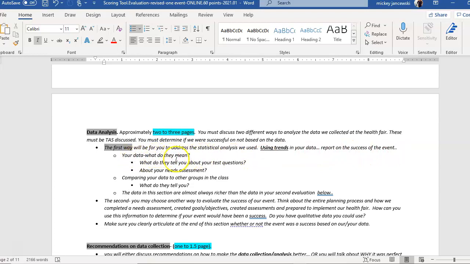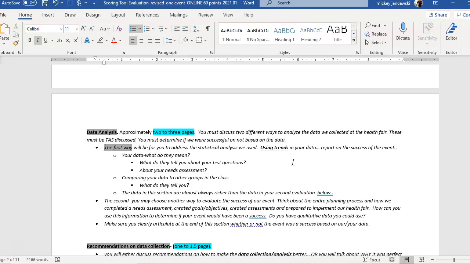We're going to look at what your data mean. What do they tell you about your test questions? What do they tell you about your needs assessments? What do they tell you about whether or not you met the needs of the audience? What about your program? Did you meet diverse learners? Your data, these few little pieces of data that you're going to have, will tell you a tremendous amount about